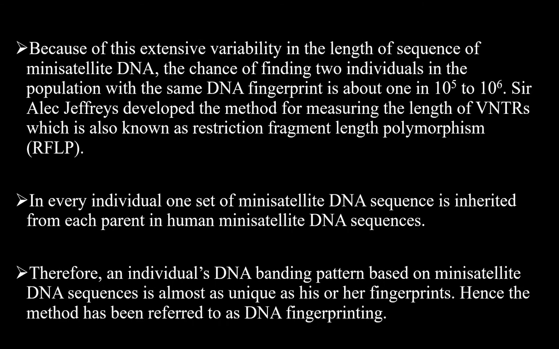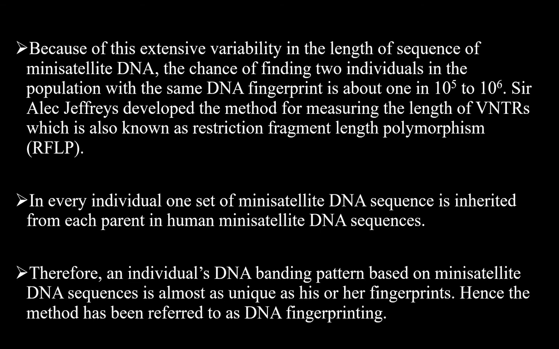Because of this extensive variability in the length of the sequence of the mini-satellite DNA, the chance of finding two individuals in the population with the same DNA fingerprint is about 1 in 10 raised to 5 to 10 raised to 6. Sir Alec Jeffreys developed the method for measuring the length of VNTRs, which is also known as a restriction fragment length